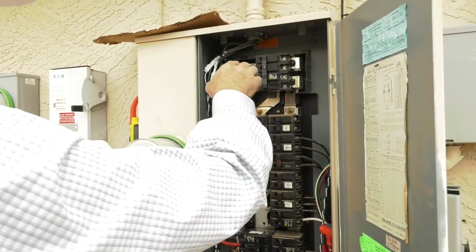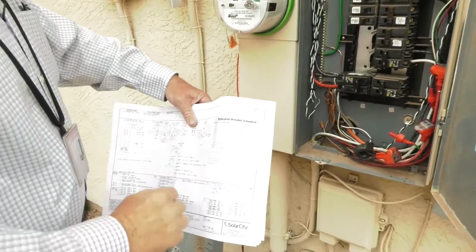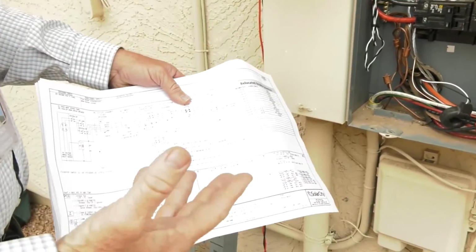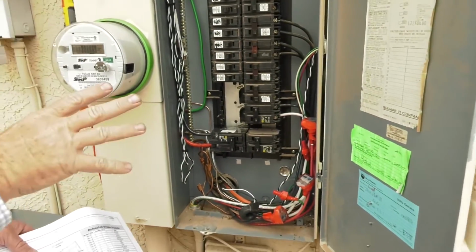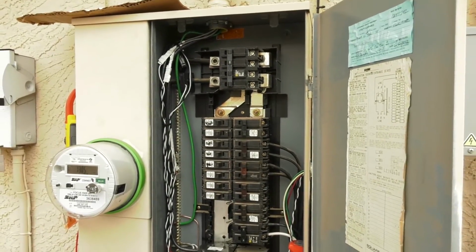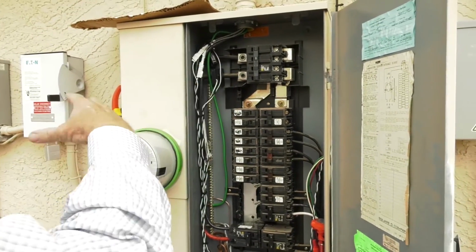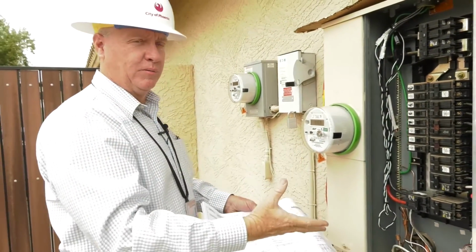The main breaker has been downsized from a 200 to 150 amp breaker, and the reason for that is now that we're putting power into the panel, if we still have a maximum amount coming in and we feed from another direction, you can overload the panel. So the first step in solar systems is to downsize the main breaker so that the total power coming in